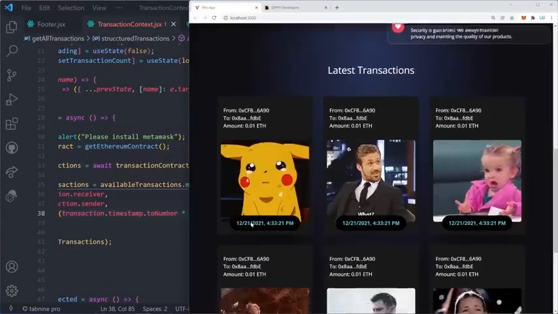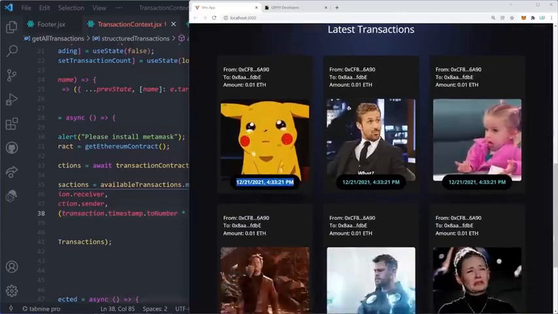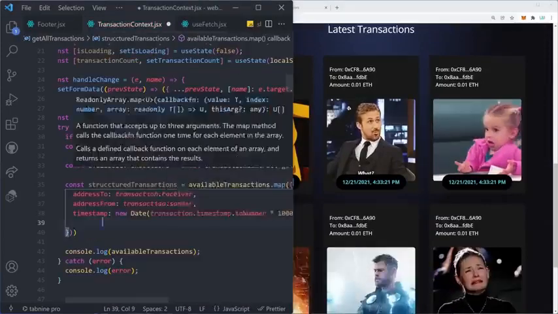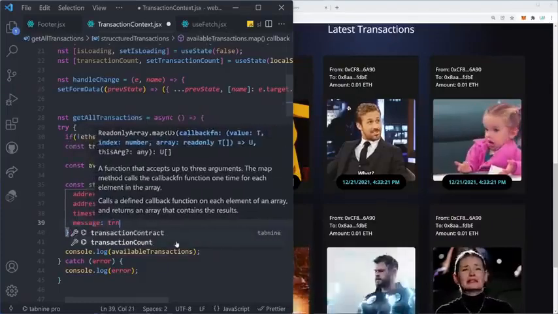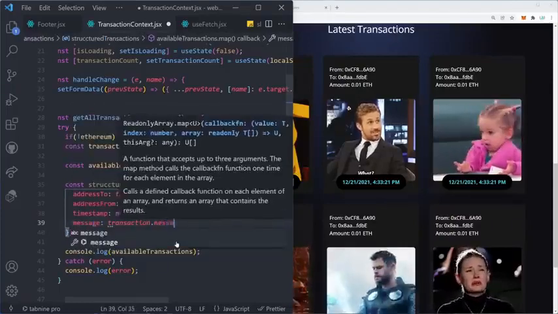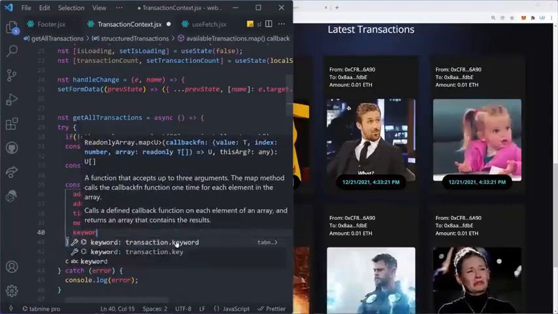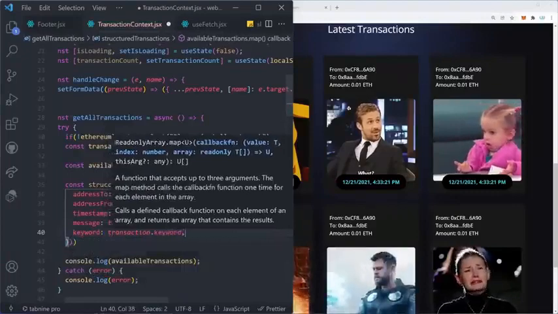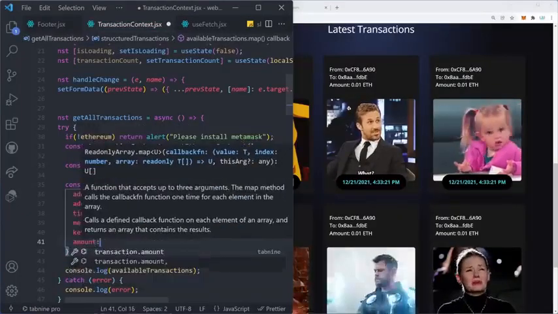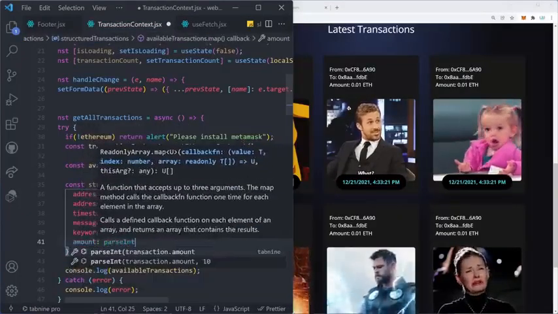The thing I'm referring to is this format right here. Then we're going to have a comma. Then we need a message, which is simply going to be transaction.message. We need to have a keyword, which is going to be transaction.keyword. And finally, the amount is going to be parseInt